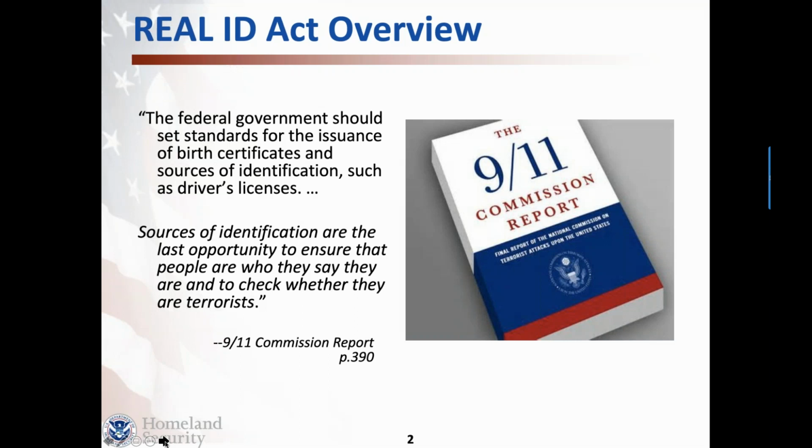So as I'm sure you've all heard, Real ID came out of recommendations from the 9/11 Commission. We looked at how easy it was for the hijackers to get various forms of driver's licenses and identification cards, and looked at the different states and saw there really were no minimum security requirements whatsoever for someone to get a driver's license. They basically said that at a minimum, there should be this ground floor that everyone should meet so that the federal government could then trust these credentials as secure credentials. So with that, if you move to slide 3,